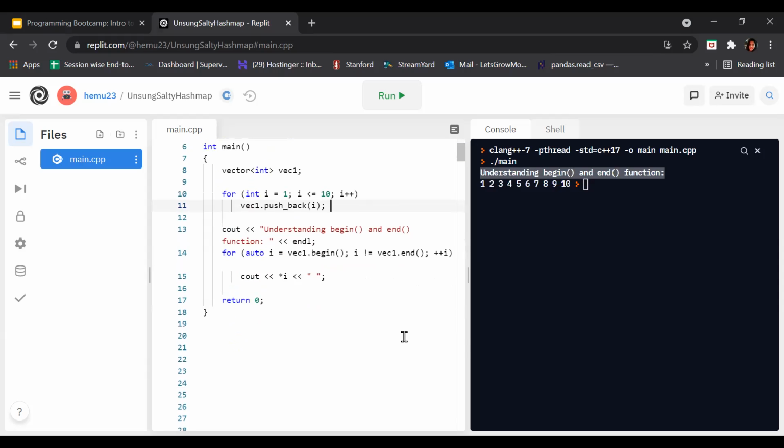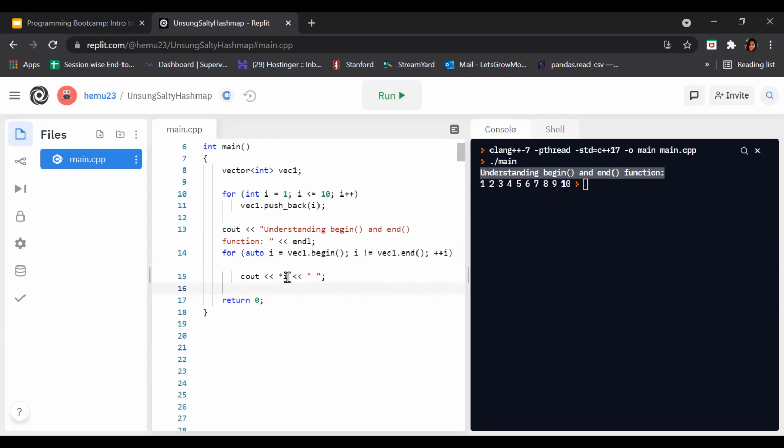What does the statement vector1.begin do? In this, we are creating our vector. After that, we just have to print it, passing the reference of the vector. I just told you what begin returns: begin returns an iterator pointing to the first element, which is 1, and end points past the last element.